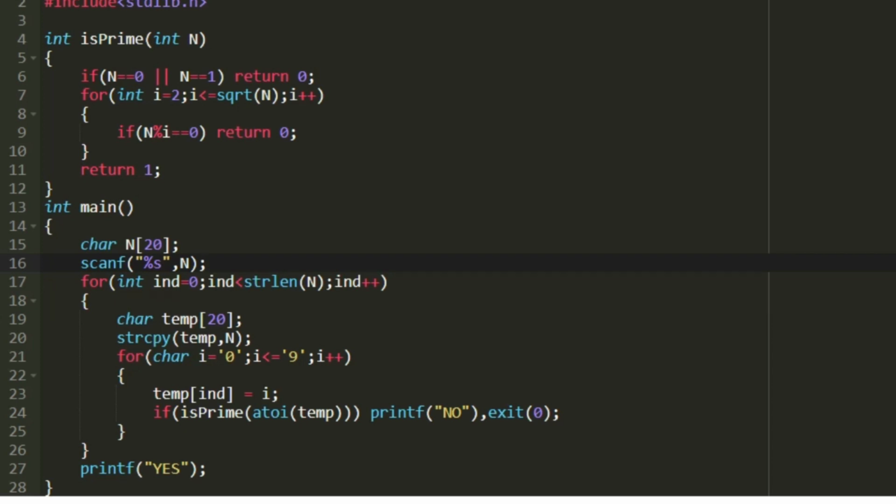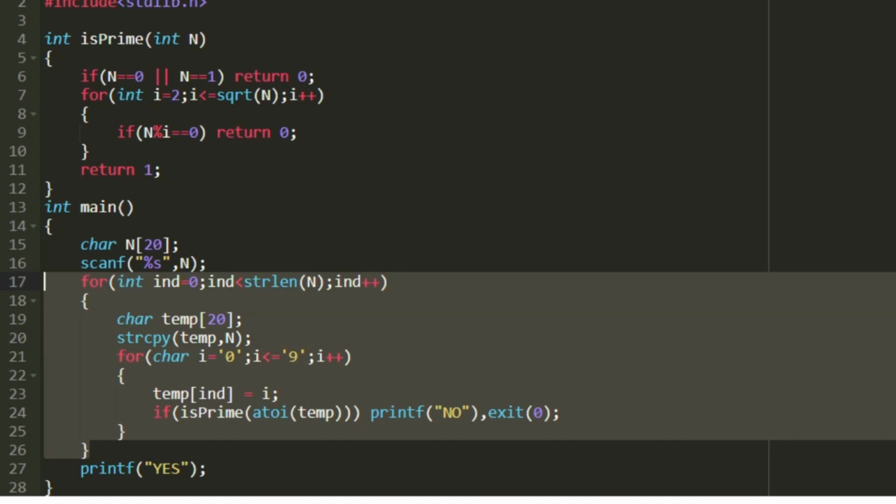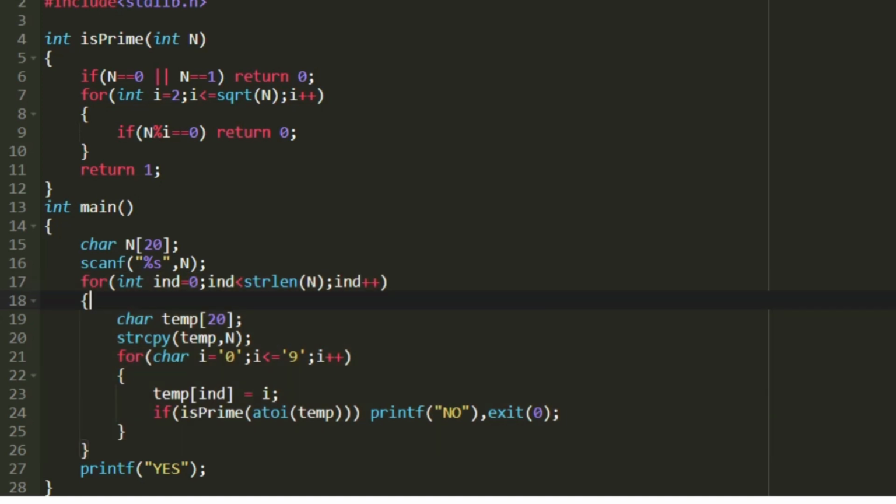So when we accept it as an integer, it would become difficult. So when we use it as a character array, it will be easy for us to make changes to the input. So that is the reason why we are accepting our input in a string format and storing it into the character array.